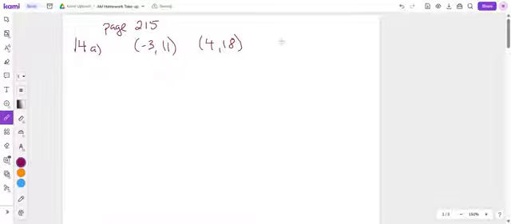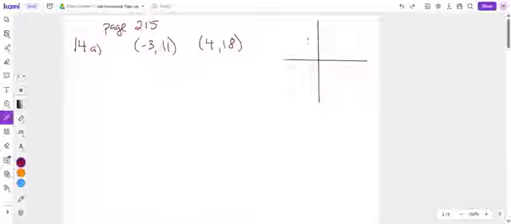And so what we're being told is these 2 points are on a parabola. Negative 3, 11, and 4, 18. Okay. And we are asked to find